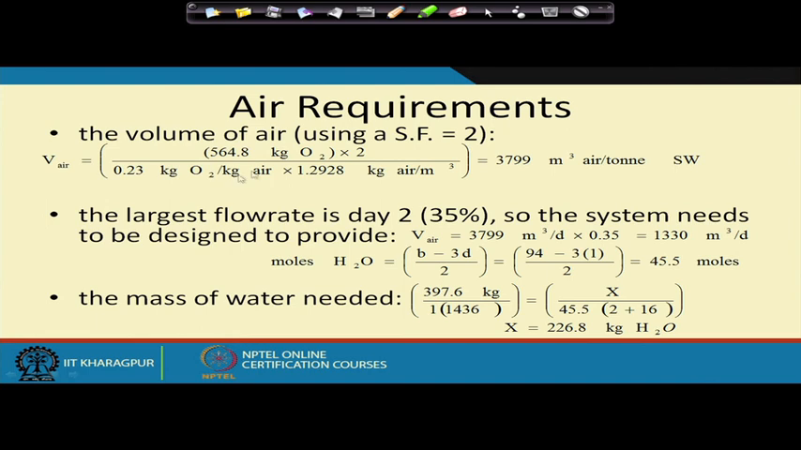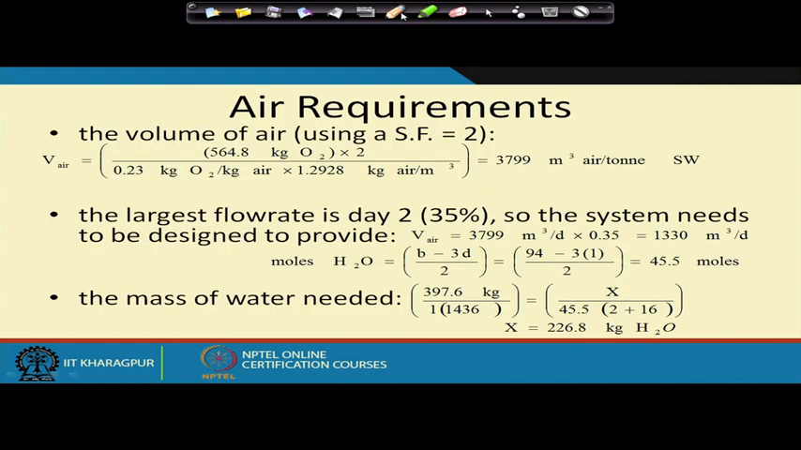So to convert that, before that we'll apply a factor of safety of 2. So there is a safety factor of 2. The amount of oxygen is 564.8 kg. Then we have 0.23 kg of oxygen per kg of air. Then air has a density of 1.2928. So that way we can find out how much air is required,